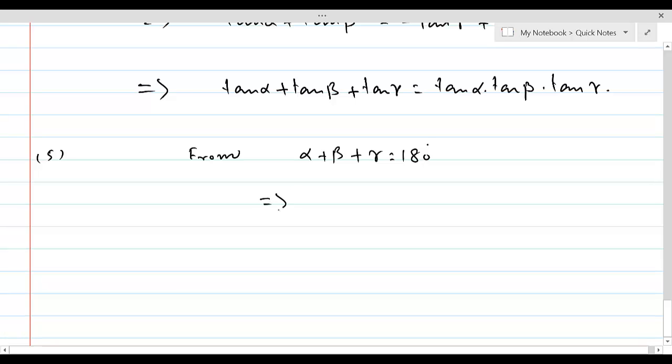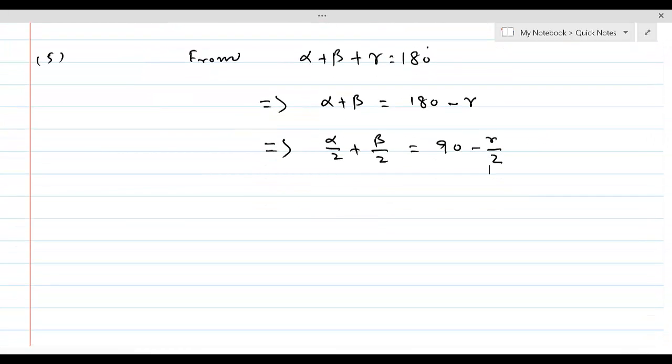This means alpha plus beta is equal to 180 minus gamma. Dividing by 2 on both sides will give us alpha by 2 plus beta by 2 equal to 90 minus gamma by 2. Taking tangent on both sides,